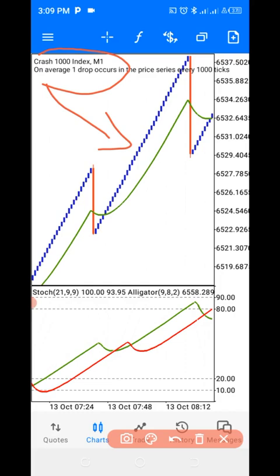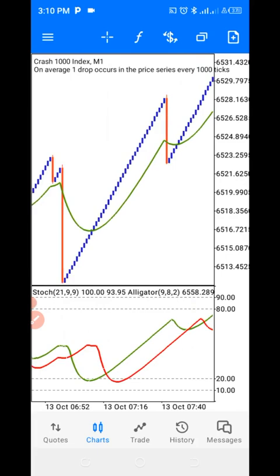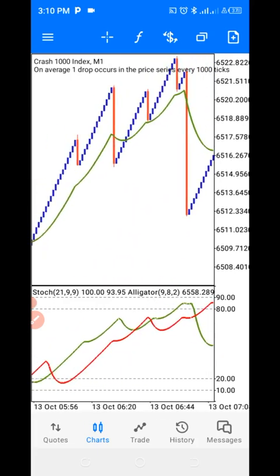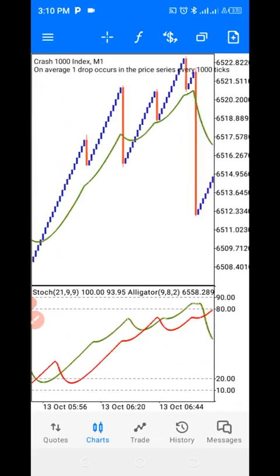Don't get that confused, because 5 candles on 1 minute time frame will give you a single candle on 5 minute time frame. So if you want to use 5 minute time frame, that boils down to you. You need to restructure your trading plan to suit that 5 minute time frame. If time permits, I will do justice on how you can use the 5 minute and 15 minute time frame. But since the majority are scalpers, we'll be using 1 minute time frame, and basically what we'll be looking out for is a spike.